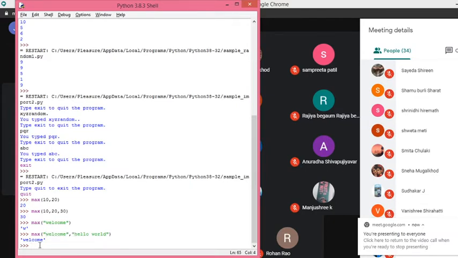When you define a function, it can be used in many forms. You can overload the function with a single argument, 2 arguments, 3 arguments, of different types or of the same type. Then you can reuse the code. Write once, use many times. This is the advantage of writing functions.